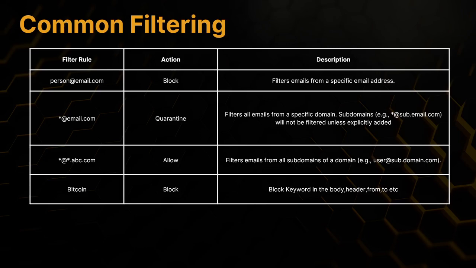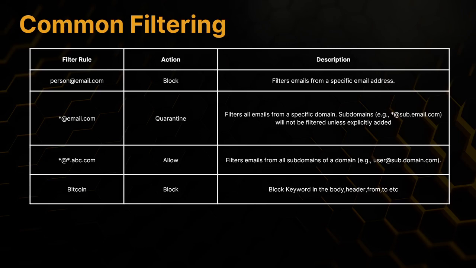So it actually allows email from all subdomains of abc.com. For example, the email address will be removed, would be allowed through. So this can be useful for whitelisting a company's entire domain and its subdomains. The fourth rule, we can actually set something like very simple